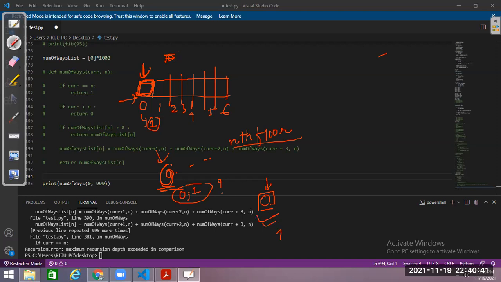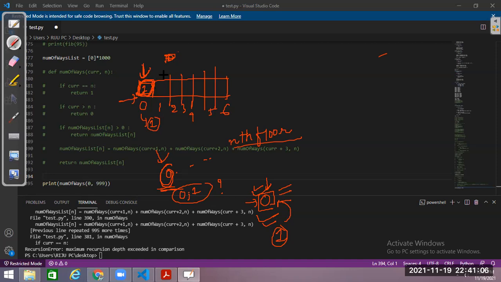So there is at least one way, right? Such that I have reached this floor. You are already standing there without taking any further step also, you can reach this ground step. So yeah, let's say that there is only one way to reach this floor, that is the 0th floor.